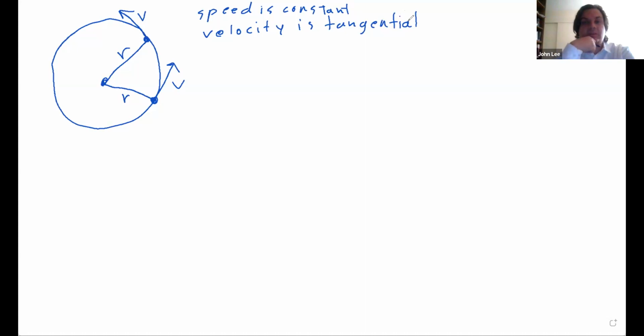It all goes to the side of the circle like you see in this diagram. And our radius is also constant, because if the radius isn't constant, then we're not talking about a circle. We're talking about an ellipse or a parabola or any number of different equations. So if speed is constant, velocity is tangential, and radius is constant,